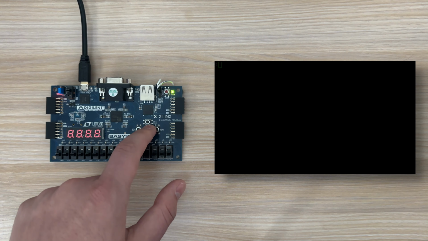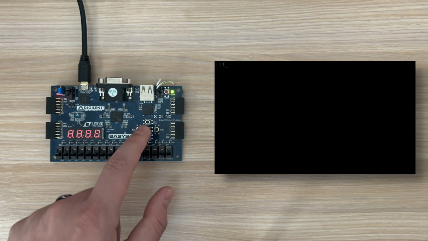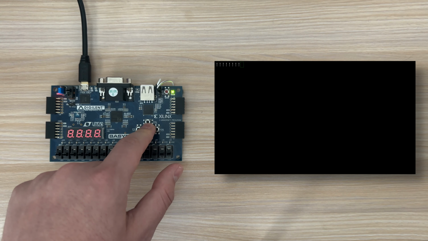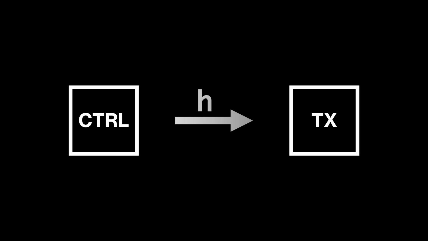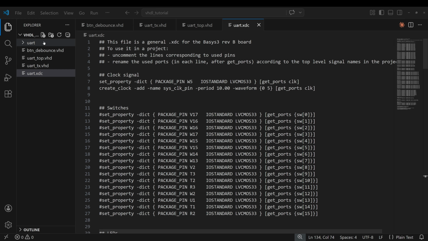With communication established, let's try sending an actual message. Let's send a friendly hello. It might not seem like it, but this will actually require a lot more work. A string of characters requires a controller that can change the data once previous data has been sent. We'll add this functionality to